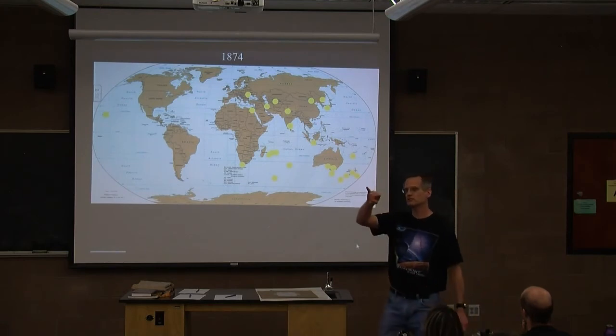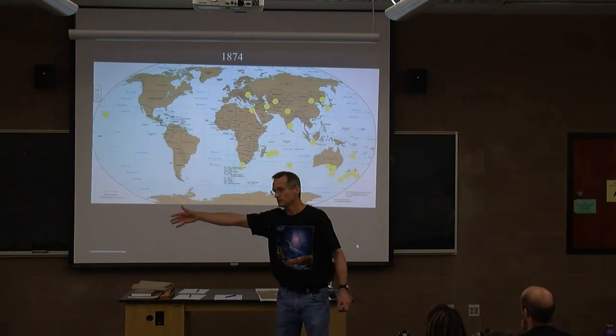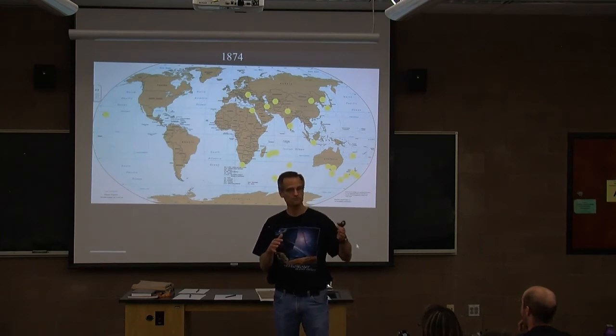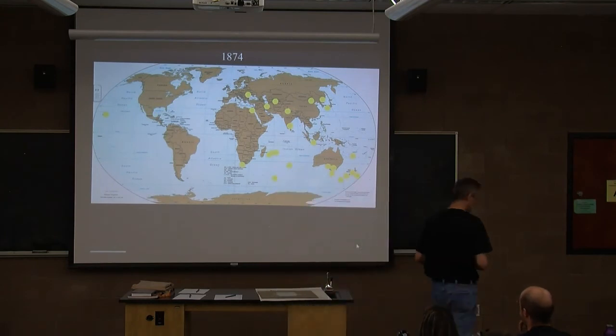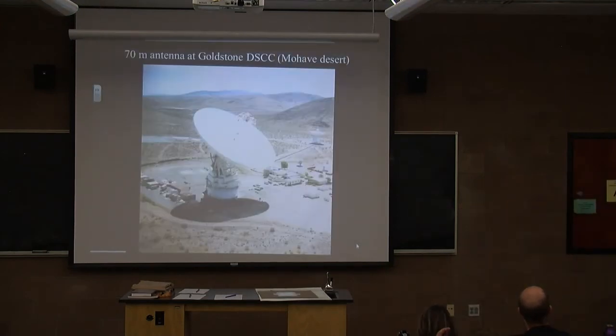Why is it you get a transit 8 years apart, and then all of a sudden it's 100 years? And by the way, the one that's going to happen in 2 months is the second of the 2 8-year cycle. There was one back in 2004. So why is that? I'm going to attempt to help you understand that with a little Mathematica simulation.